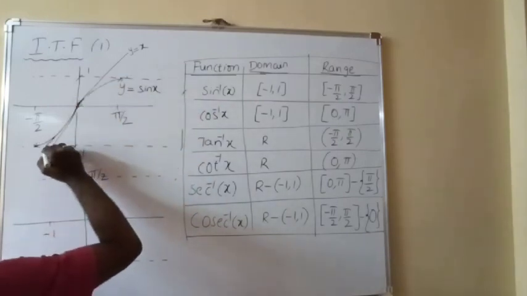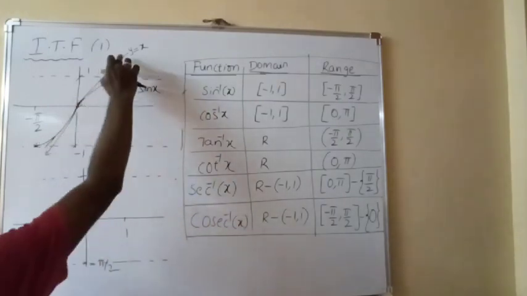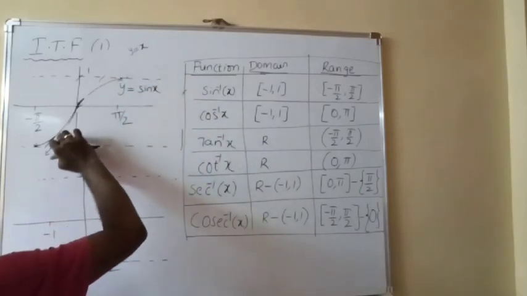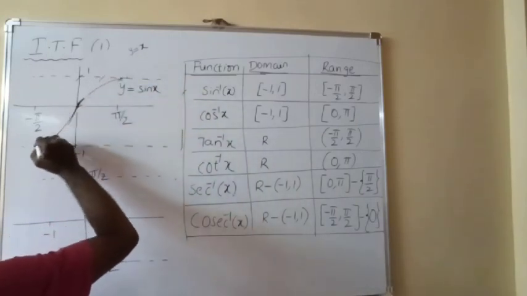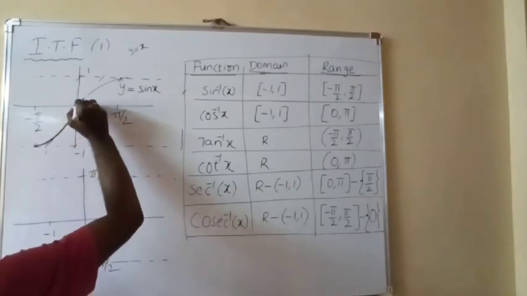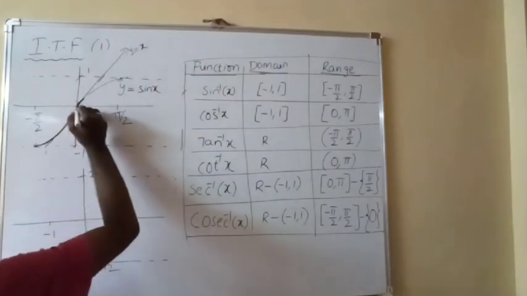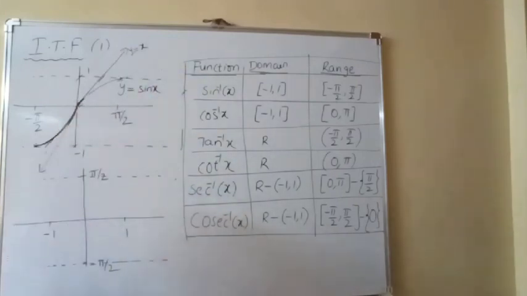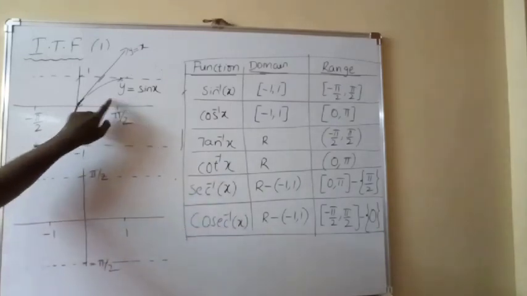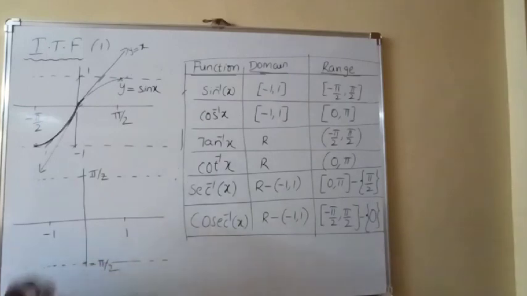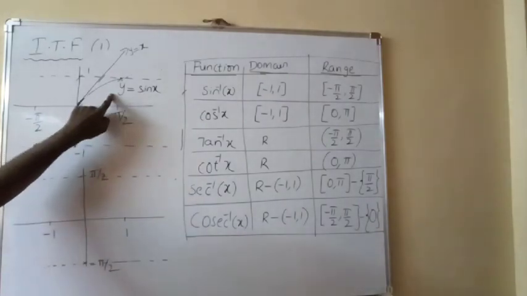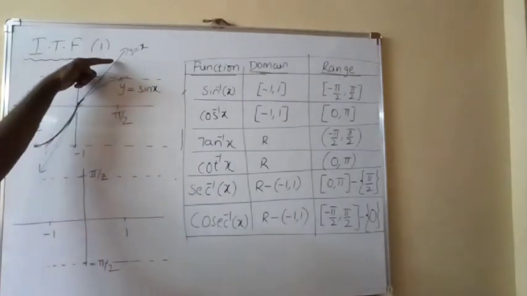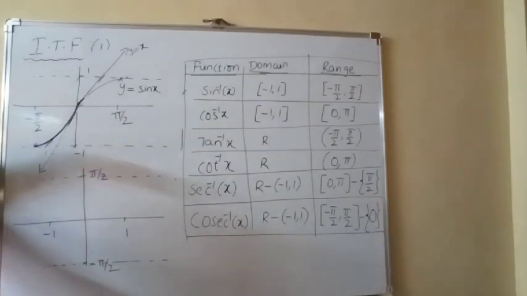So this is the line y is equal to x. This is the line y is equal to x. Now the reflection of y is equal to sine x with respect to the mirror y is equal to x gives its inverse, which is y is equal to